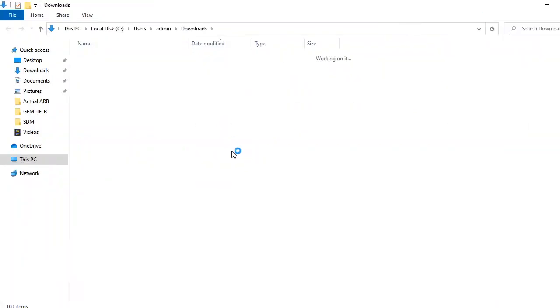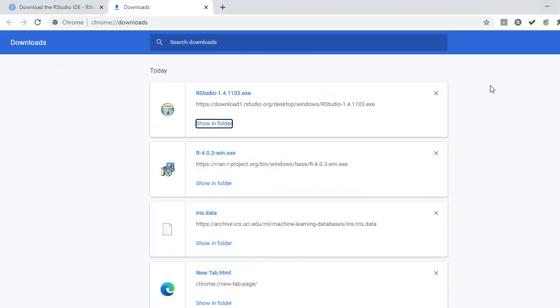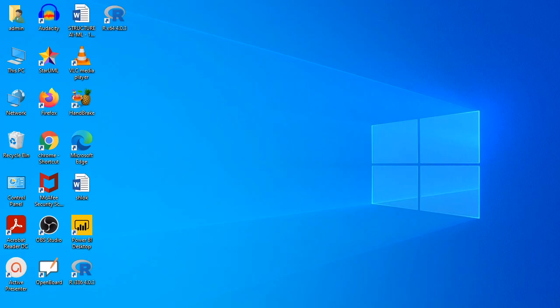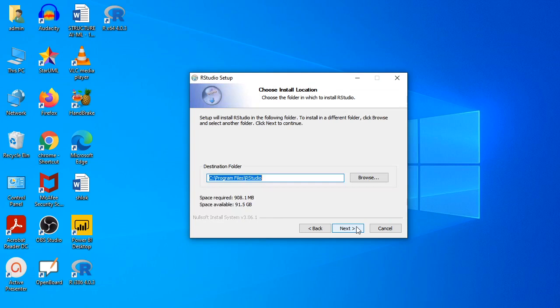Show in folder. Just press enter. Just click on yes. Again yes. Click on next.